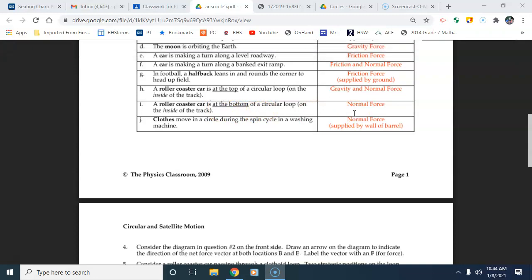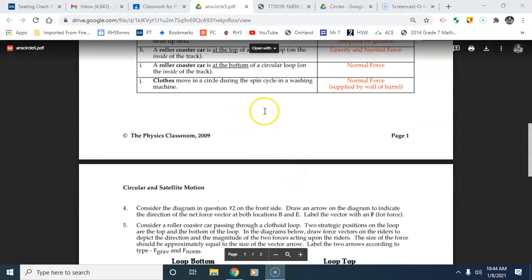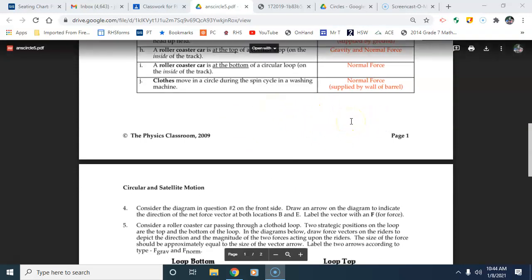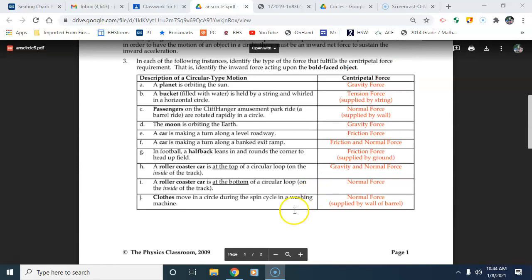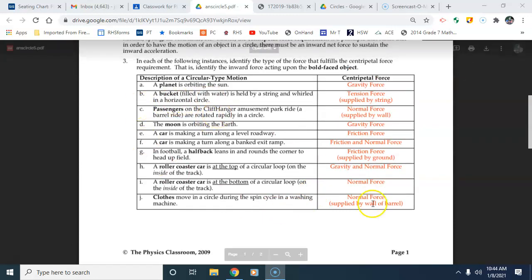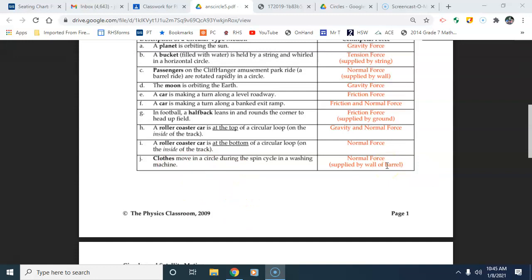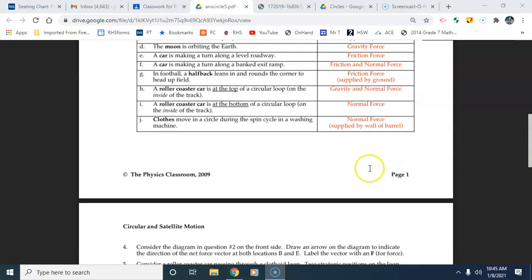Right there. Clothes move in a circle in a spin cycle in a washing machine. This is normal force. This would just be similar to the barrel ride one up here. Instead of people in a cylinder, clothes in a cylinder spinning is just normal force by the wall of the ride. And just a little extra FYI, the spin cycle partially dries the clothes so they're not